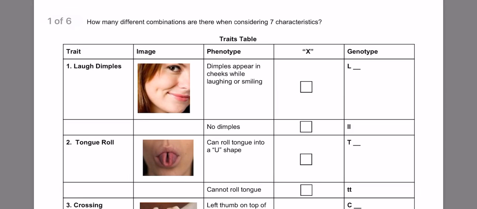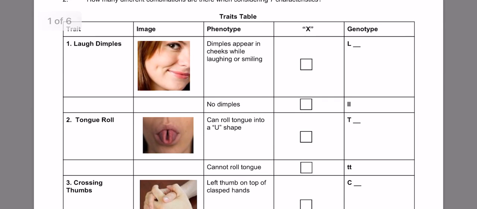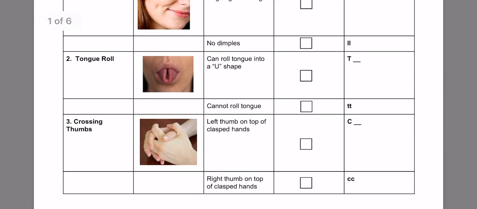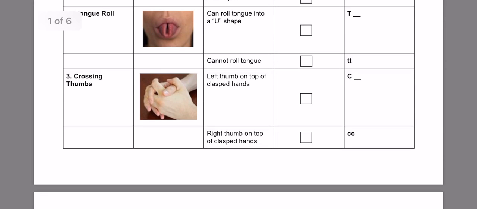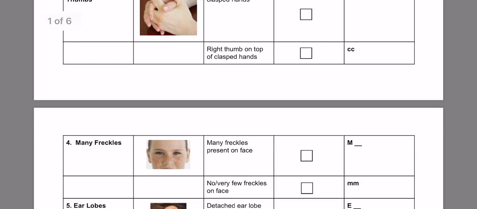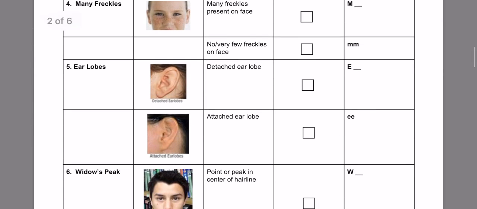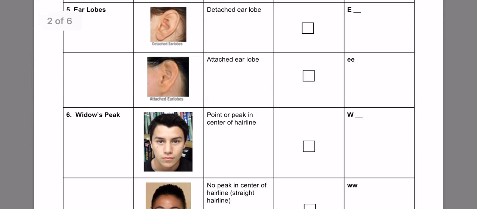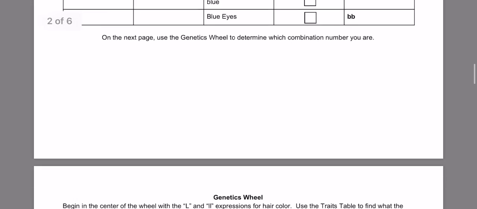And then this is really fun. You're going to go through and we are going to label our traits, right? Our phenotypes, and we're going to click an X on what genotype they have. Do they have dimples? Do they have a tongue roll? Can they cross their thumbs with the left or the right on top? Do they have freckles? How are their earlobes attached? So this is an actual fillable PDF that they would submit to Google Classroom so that I could be able